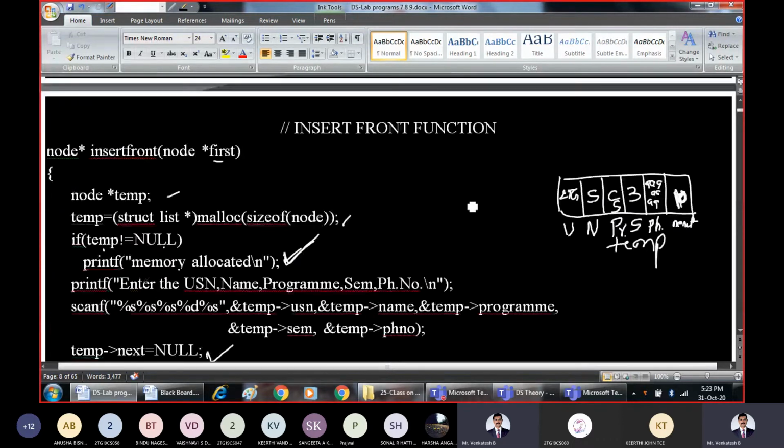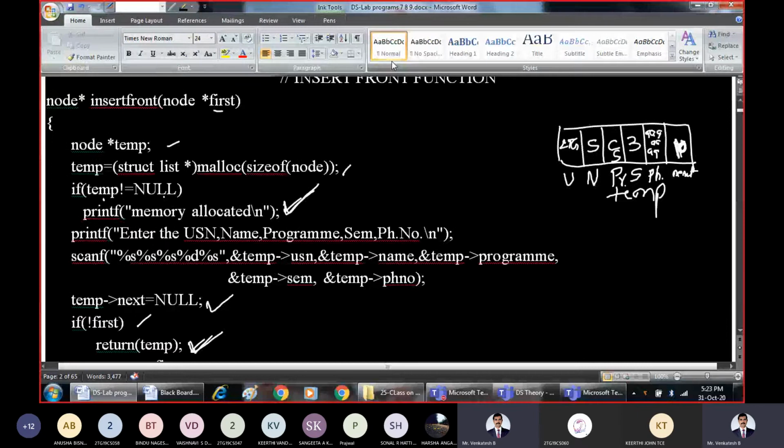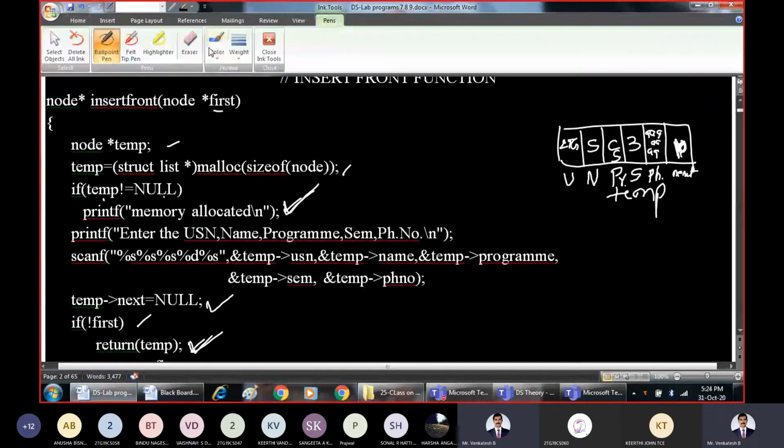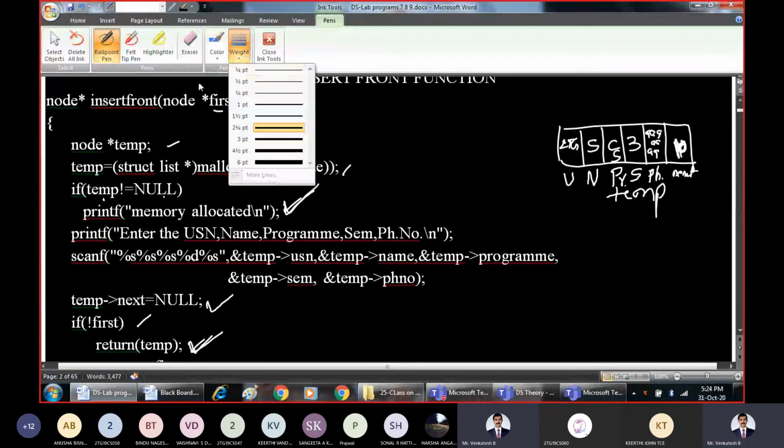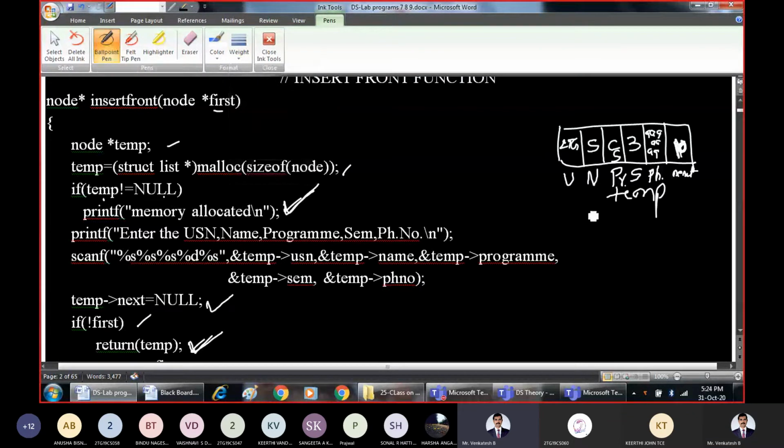So that node will be taken and we are going to call the insert front function now. This node is already given to us. Now for better understanding, I erase this. So this is one node which is already given to us.